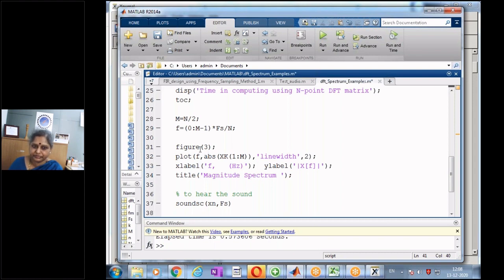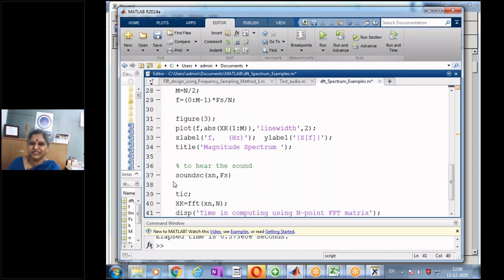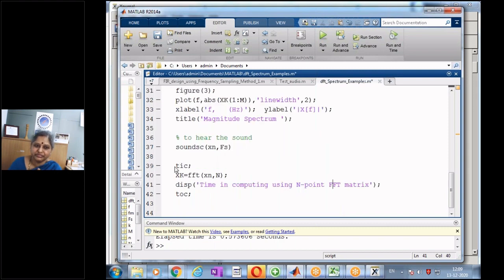And then I'm doing my scaling. We know that this n scales to fs, and hence its n value. So this is the frequency scaling that I'm doing, and I get the spectrum of the signal. Just for fun, I want to hear my signal as well, so I'm giving it to the command, where I have my sample sequence x of n and then fs. So I can hear the signal, and I also know the spectrum of the signal. So this is what we'll do first.